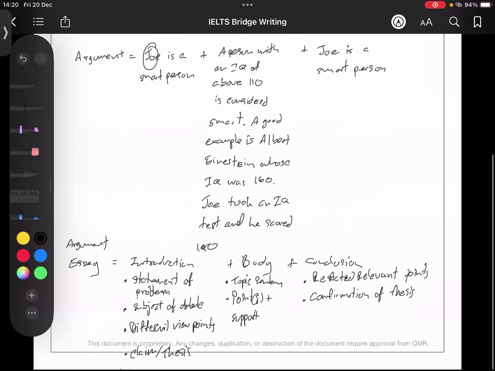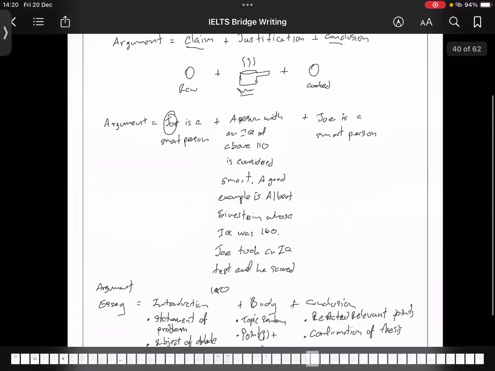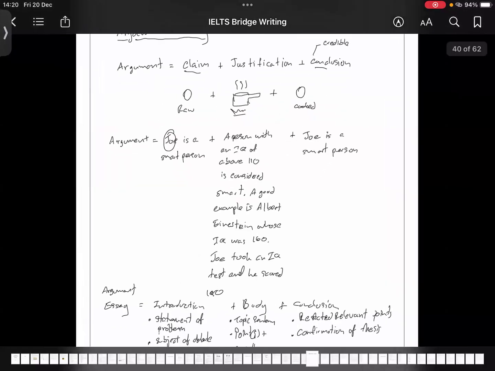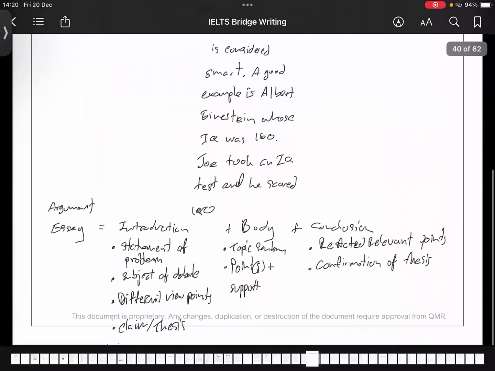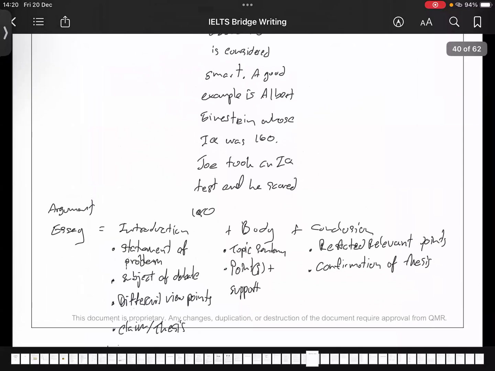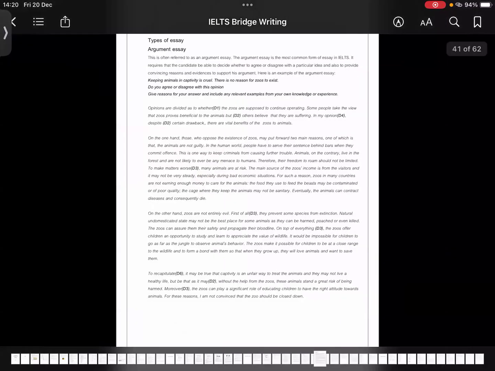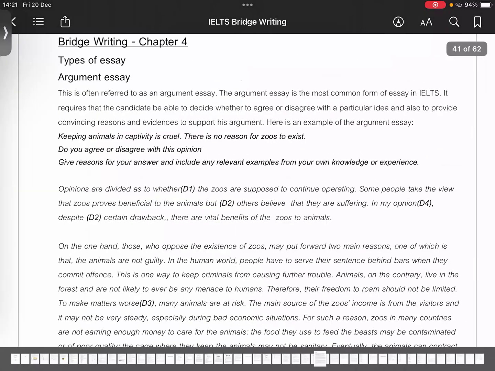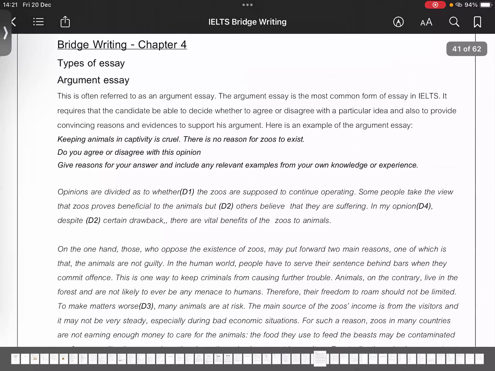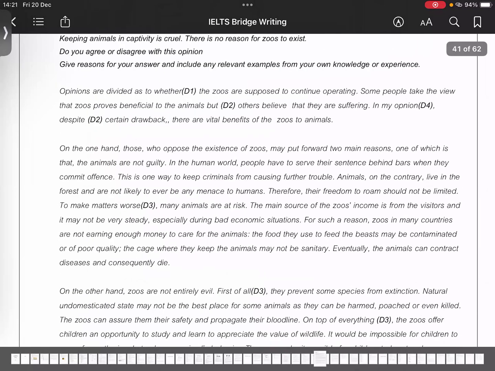Now, let's take a look at a model answer, okay? So that we will see a better picture of the structure of an argument essay. Right. Okay, so let us read this a little bit. We say, keeping animals, okay, I'm reading the questions here, okay? Keeping animals in captivity is cruel, and there's no reason for zoo to exist. Give reasons for your answer and include